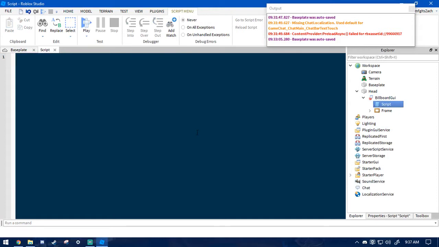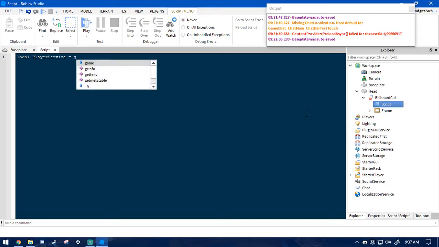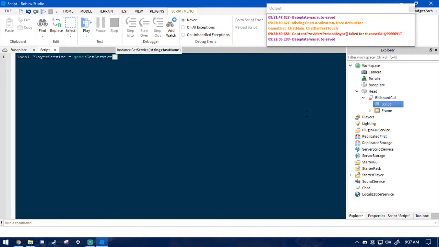Now we want to define the player services. So what we're going to do is local player service. You do not have to label it as player service. You can also name it as players because that's what the service is called. I have it named as player services for this tutorial. So we want to define what the service is. So game for the game that we're currently in. Then colon, get service. Then in quotation marks, we want to type in players because that's what the service is called,